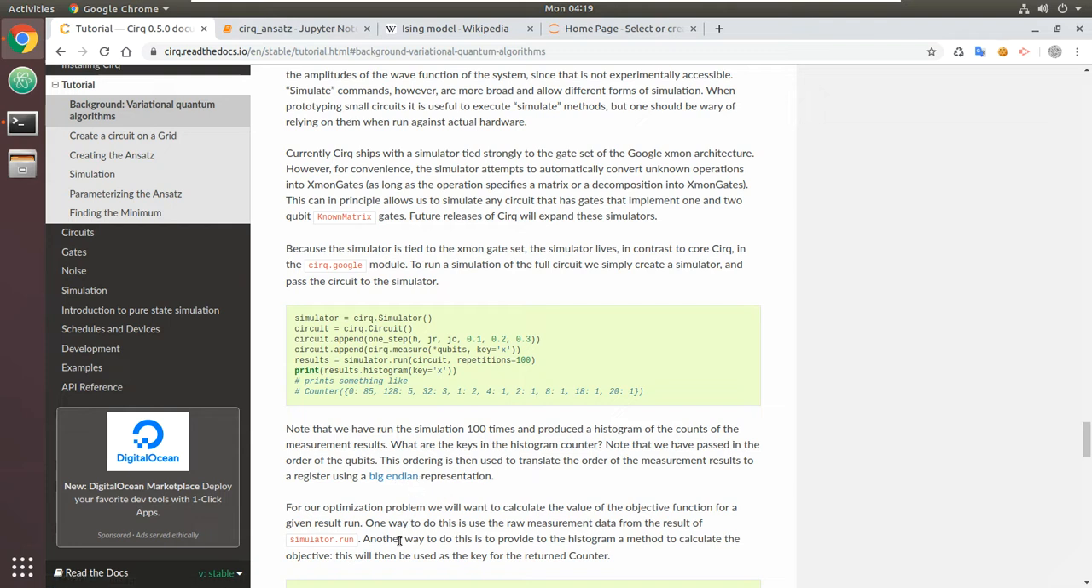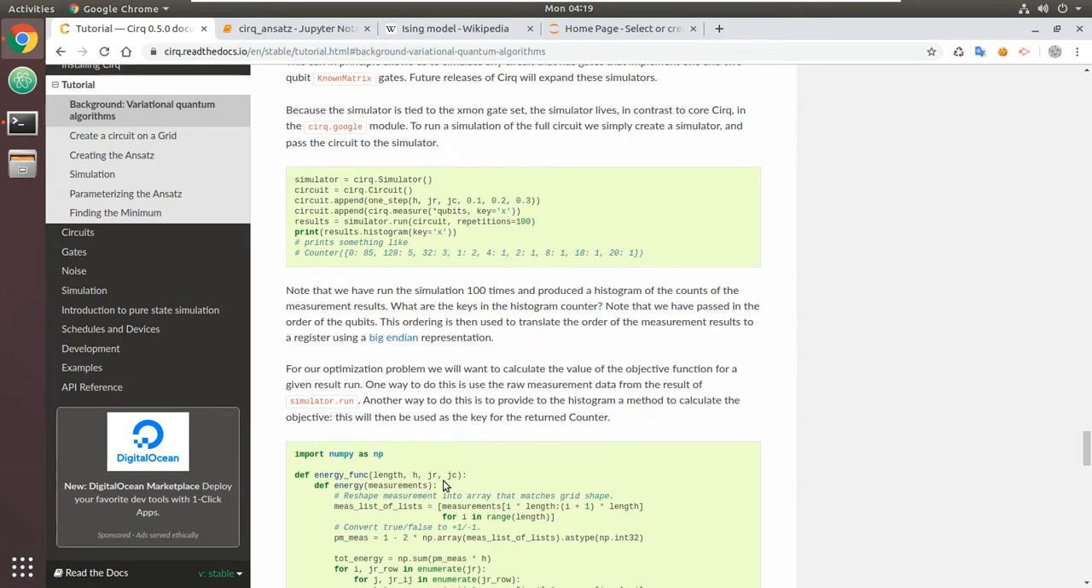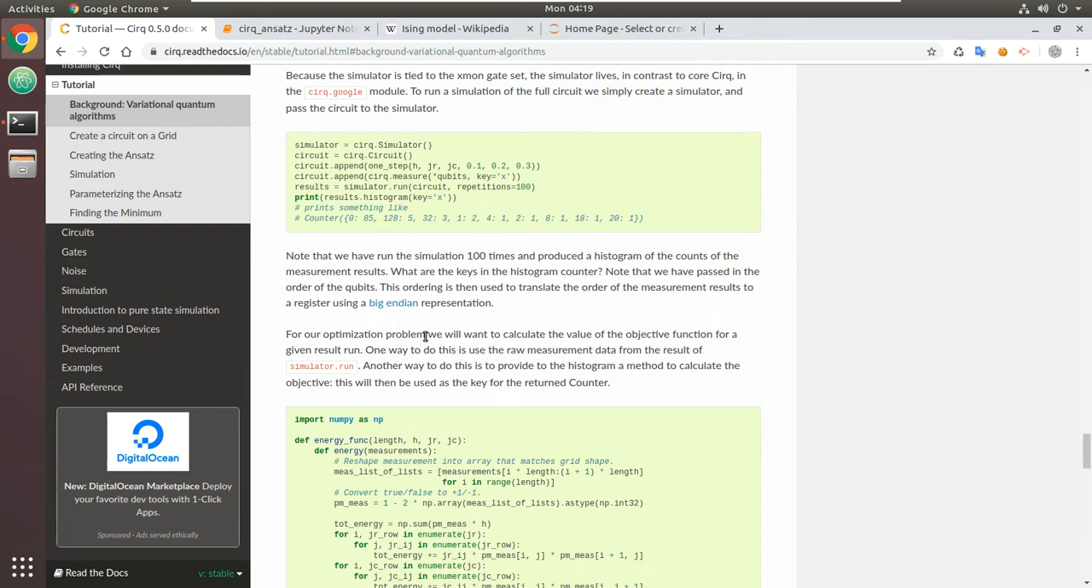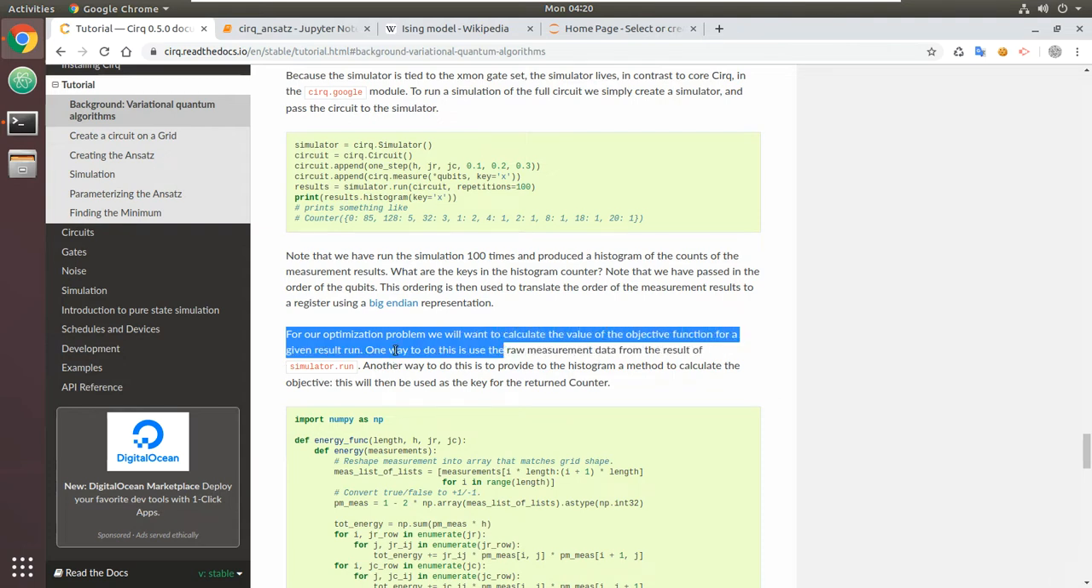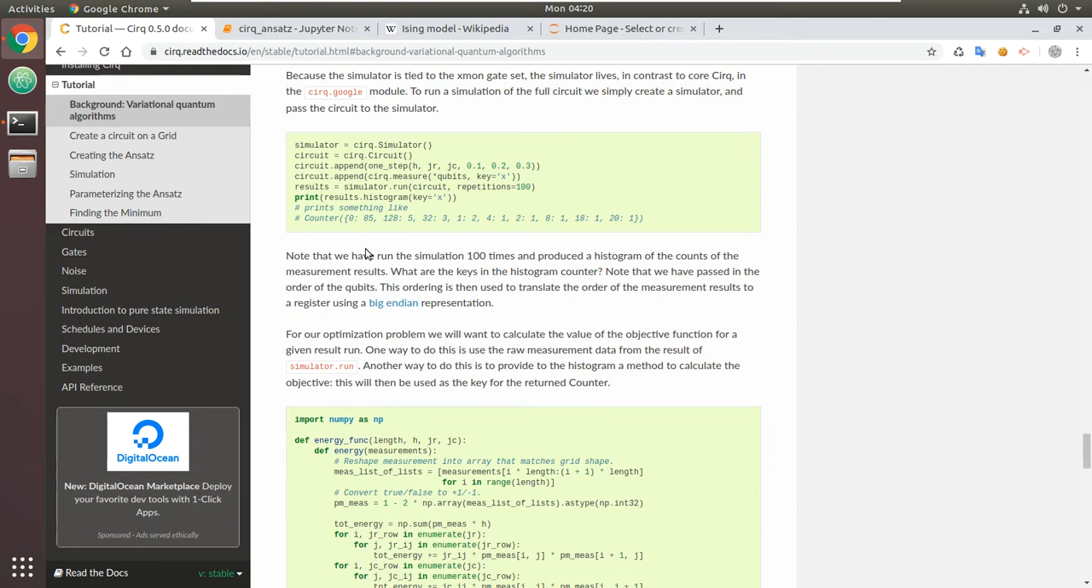Okay. For our optimization problem, we'll want to calculate the value of the objective function for a given result run. Exactly. So this objective function, this is what we are trying to minimize, I guess. This is not what we're solving for at the end of the day. It just gives you the result of